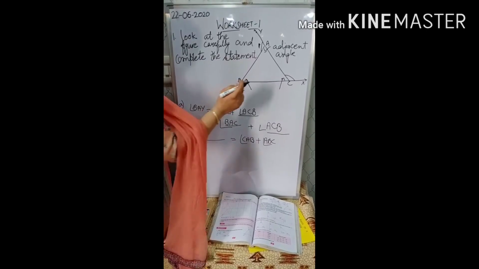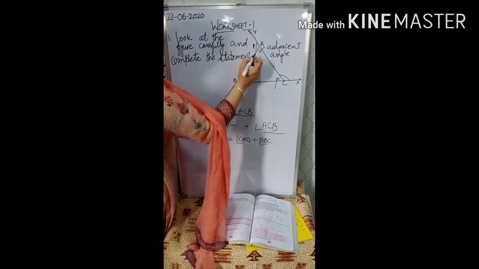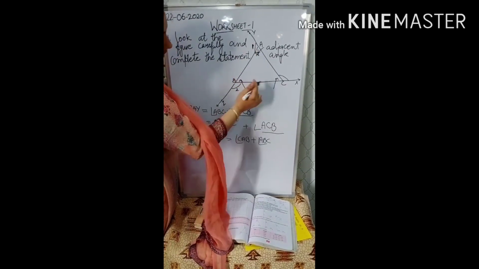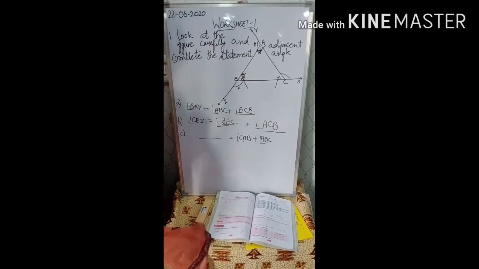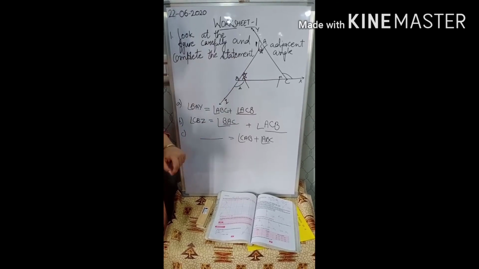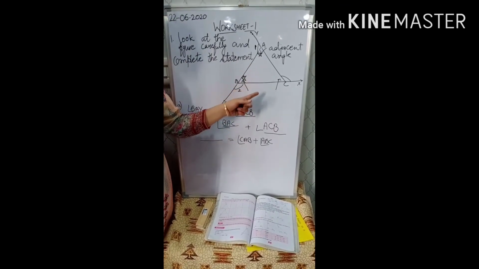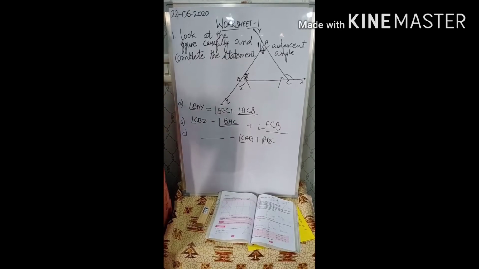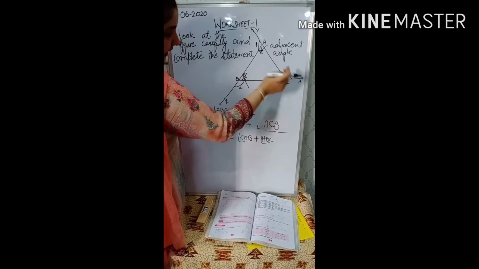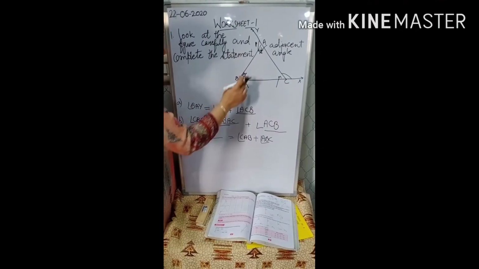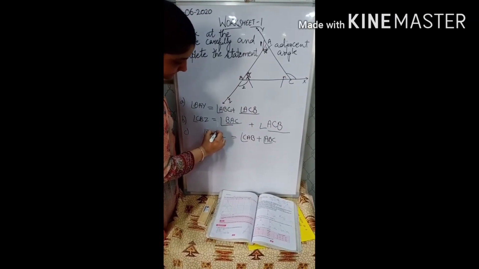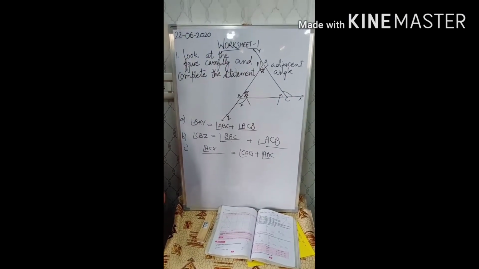Now we have to show this is equal to angle CAB. What is CAB? This one. I make a star here. And ABC, I make another star here. What are these angles called? Interior angles of the triangle. We have to find the exterior angle ACX. Which is the exterior angle? This one, ACX. Is the first question clear to you?